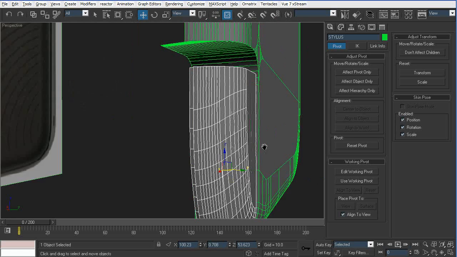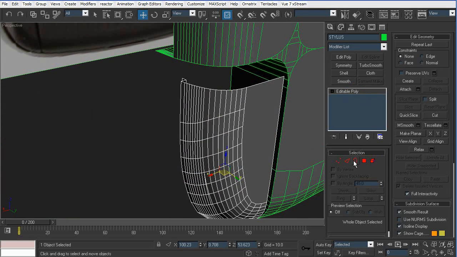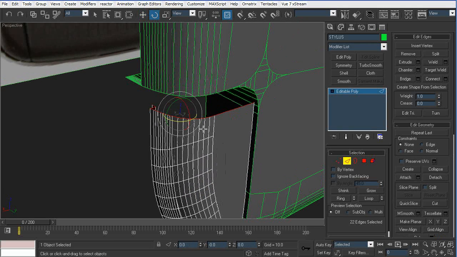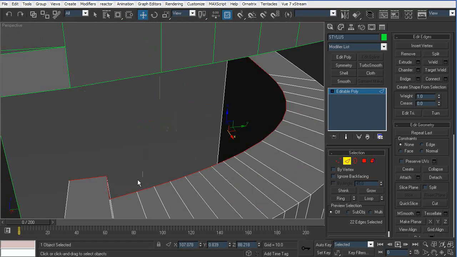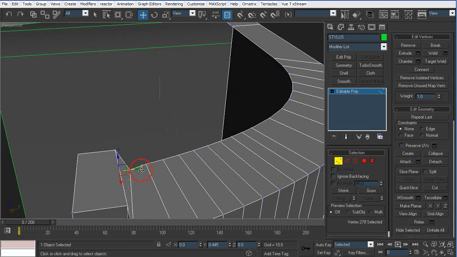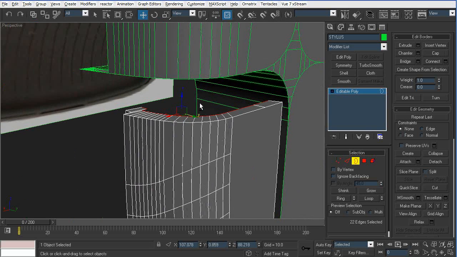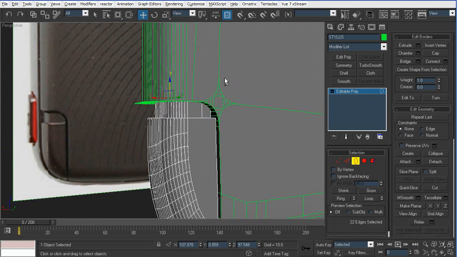Alright, that's pretty good. Now, select this loop here and scale it down so we can have that thing that's going on our stylus. I don't know what it's called, but it's looking pretty good. And pull it up. So now